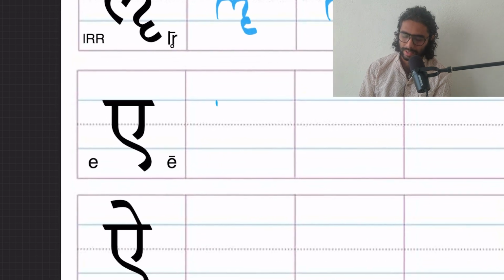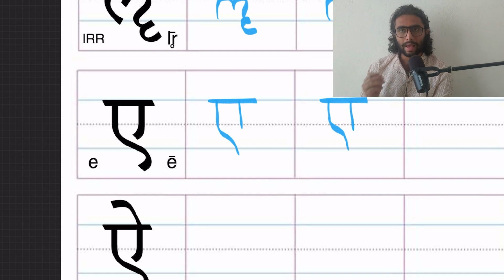The next vowel is A. The thing here is, A in Sanskrit is a long vowel. There are shorter versions of it in other regional languages of Bharat, and they use them extensively. But in Sanskrit, based on Panini's system of grammar, the shorter version does exist in the Devanagari alphabet as well, but in the language the shorter version of A is never used, and it's used only in Vedic literature.